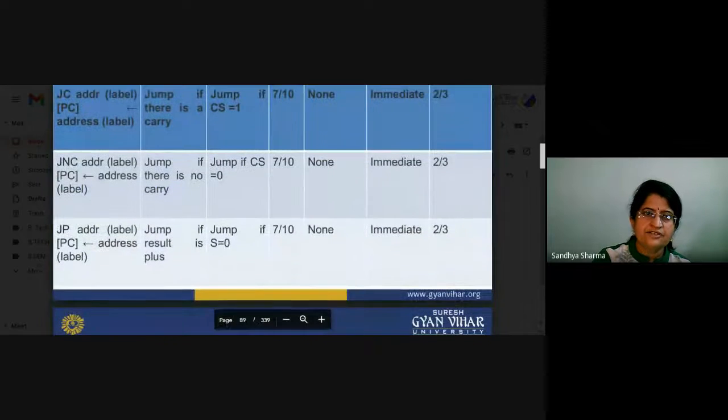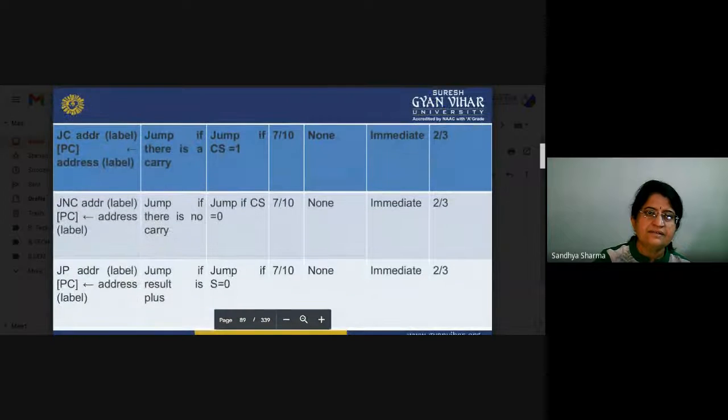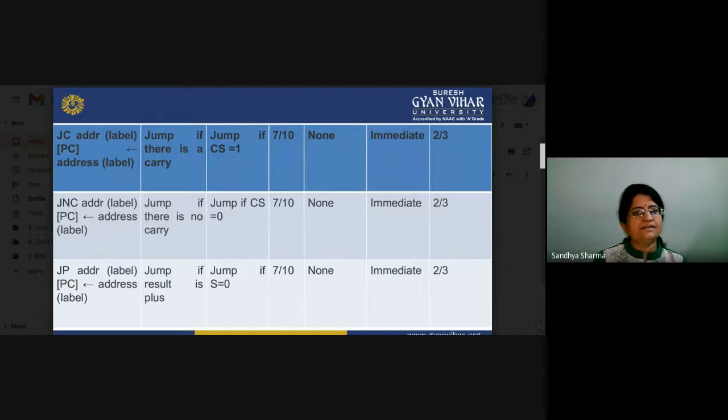Another jump instruction is JC, the jump on carry. So jump if there is a carry, and JNC is jump if there is no carry. Both of these are also immediate addressing mode.